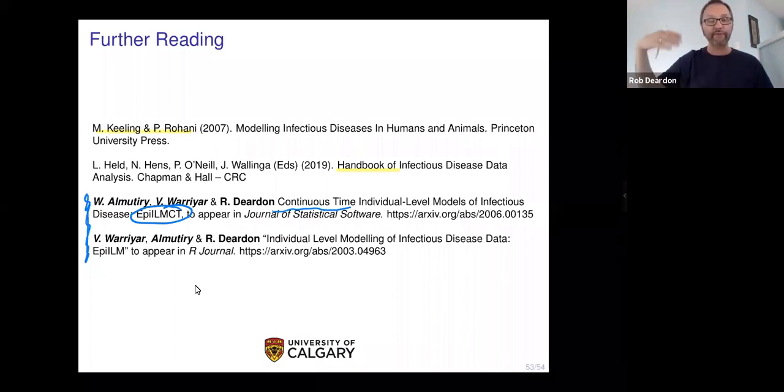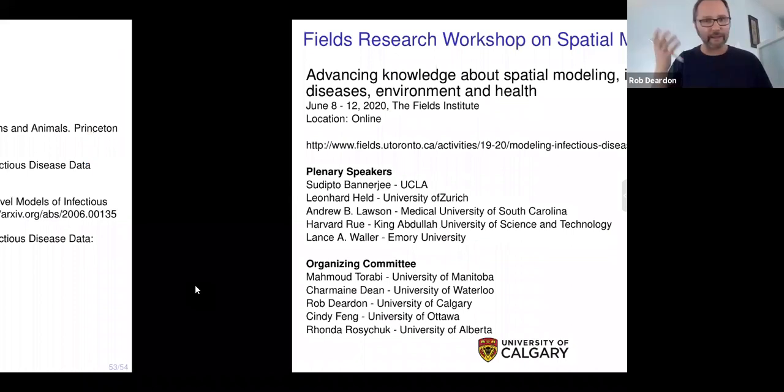The people who've contributed chapters to this book are top names in infectious disease modeling and infectious disease surveillance. So some of those chapters will cover, I assume to a good quality, a lot of the surveillance methods that I haven't really talked about at all. And then finally, assuming people are still here,